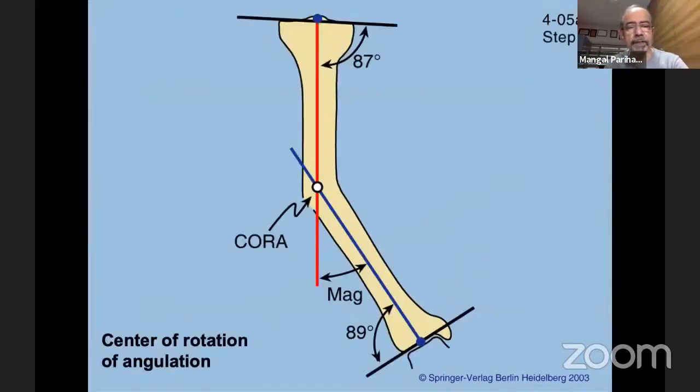So here is the simplest example of a CORA, where you draw the mid-axial line for the tibia and the mid-axial line for the distal tibia. Both of these intersect at a point, which is called the CORA, and the acute angle between the two is called the magnitude. If you do your osteotomy here and put a nail into this, this deformity is going to be corrected. That's the importance of doing the CORA. Here, because the CORA comes at the obvious deformity, it doesn't take too much knowledge or experience to realize that the osteotomy has to be done there.